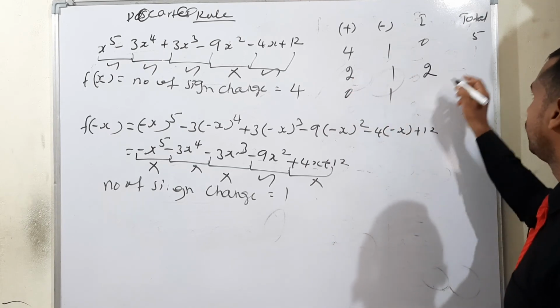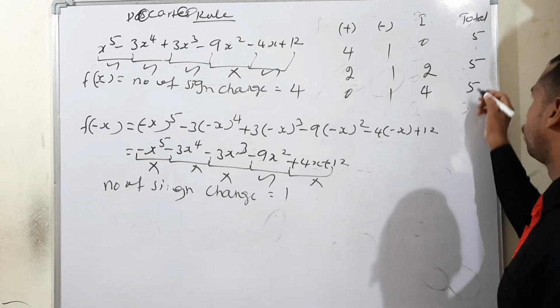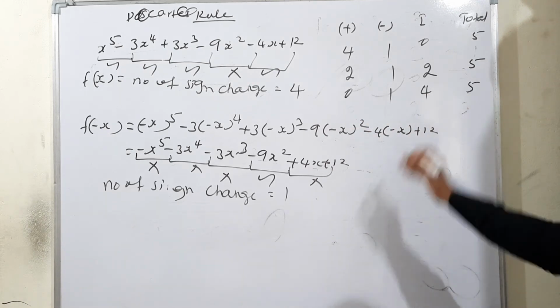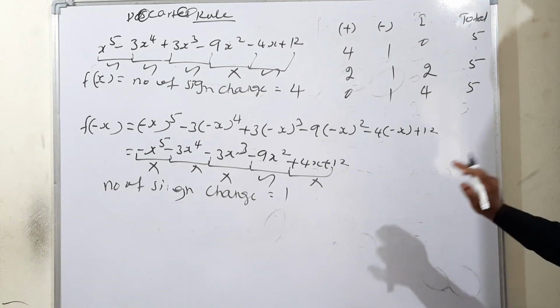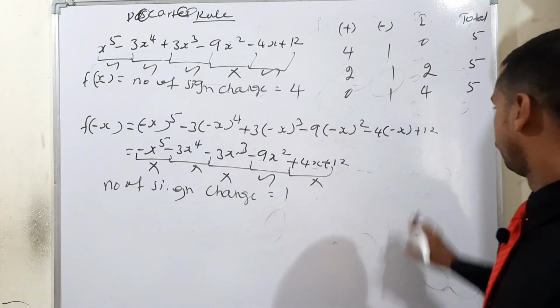So, definitely imaginary 2 sign change, then only 5. Here only imaginary 4 times possible, then only 4 plus 1 is equal to 5. We have the 3 possible cases, but which case is correct for this question? You have to check it, okay. So, first one,